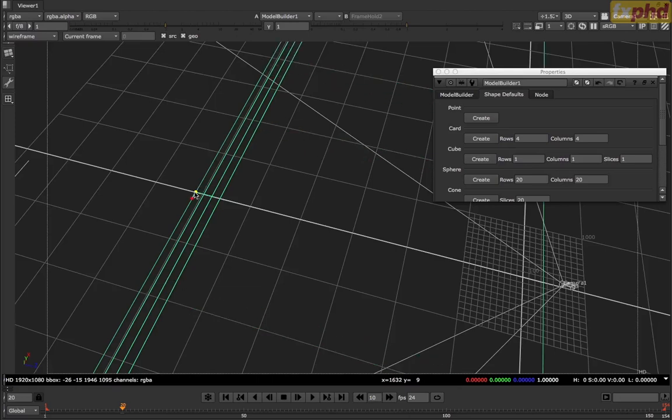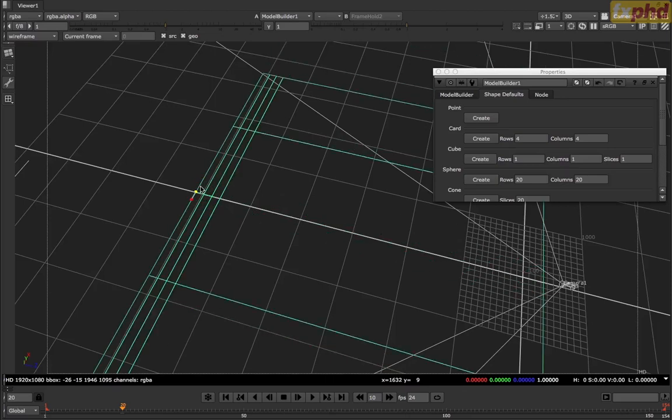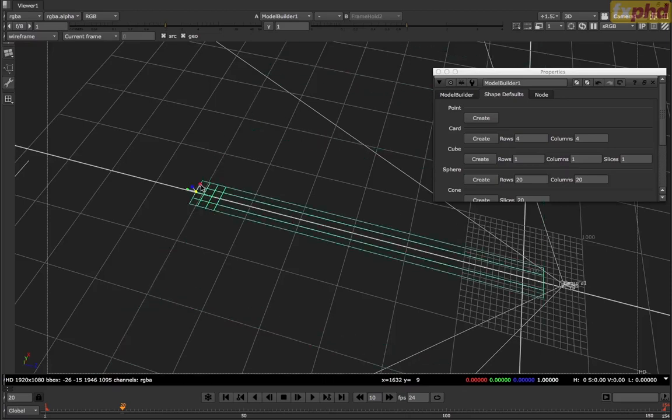Well, this, by the way, is another thing that I've run into with the model builder. Sometimes when you start editing the piece of geometry and you go into scale mode, the smallest increment is huge. So in this case, we'll just go ahead and go to edge selection one more time